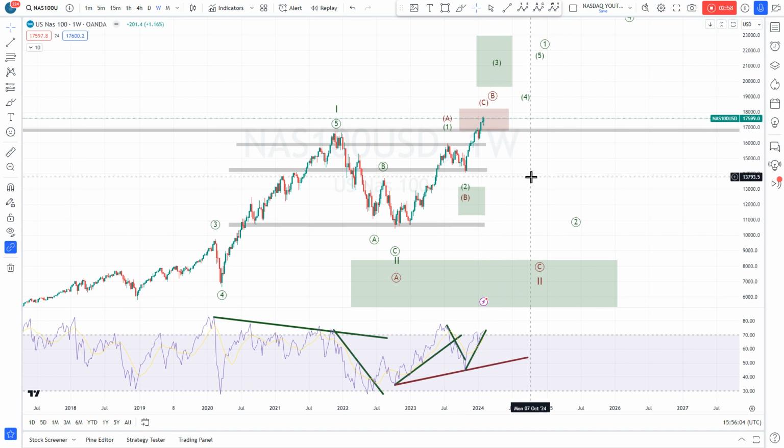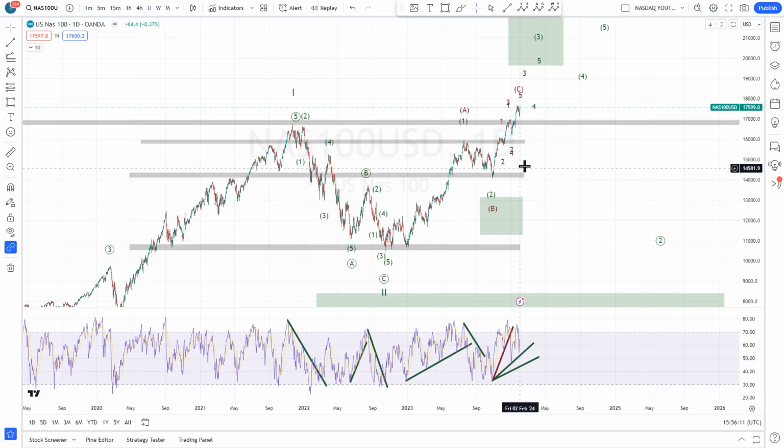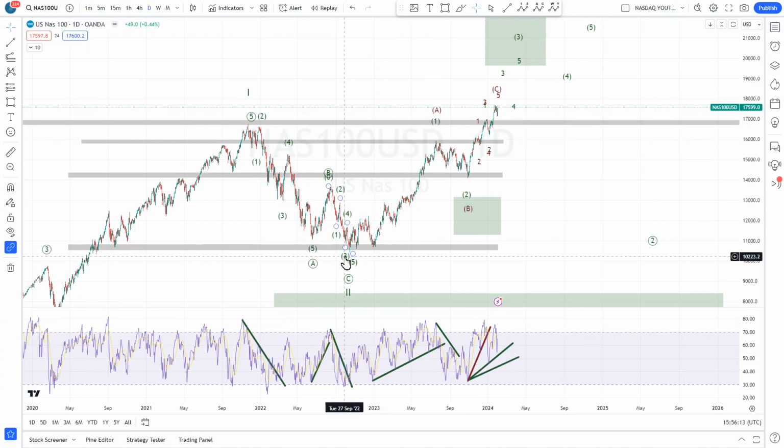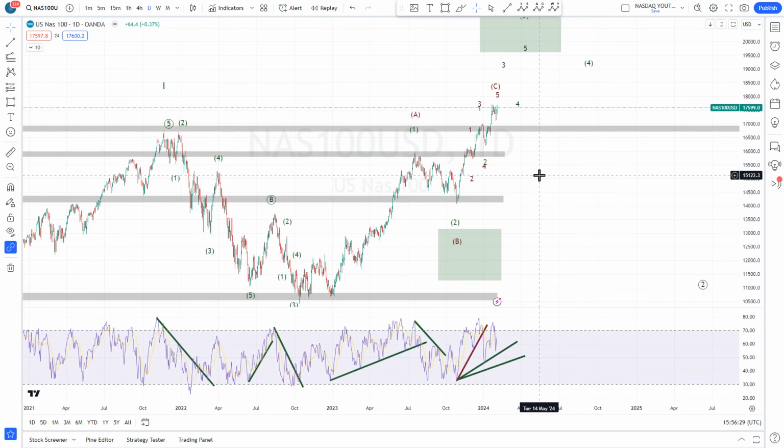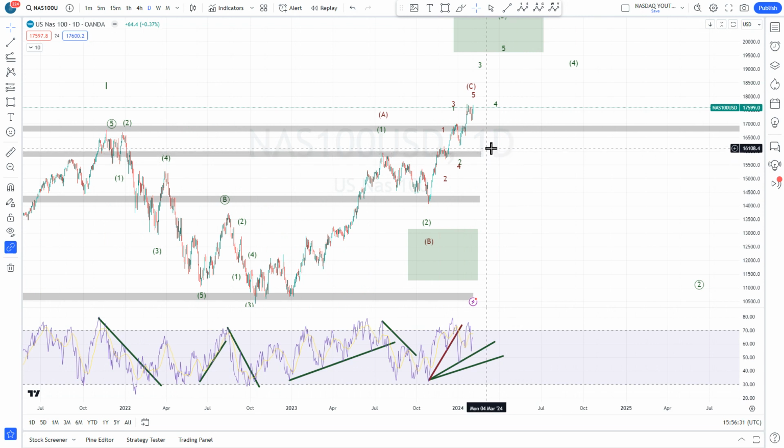But if we look at the subwaves, it becomes quite unlikely. So if we go to the daily, it would mean that this here is our wave B structure. So this is the wave A, wave B pullback, and then now we should have our wave C actually. In my previous videos, I told you we reached the limits here of the bearish scenario, in the sense that